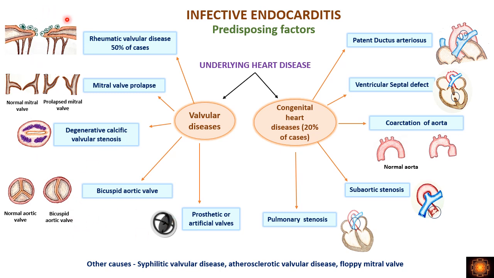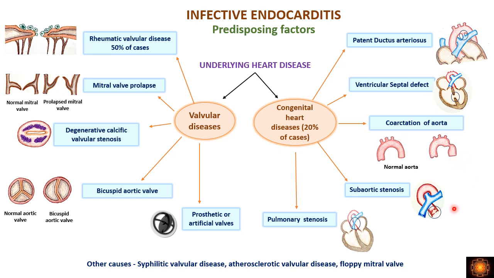So if you see any of the heart valve diseases, there will be turbulence of the blood flow. Whenever there is turbulence of the blood flow, there will be damage to the endothelium. So this leads to formation of thrombi, which becomes a very good site for the growth of bacteria causing inflammation. Okay, then in the congenital heart diseases, we have patent ductus arteriosus, ventricular septal defect, coarctation of the